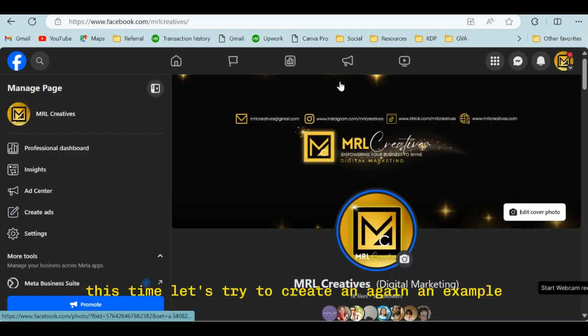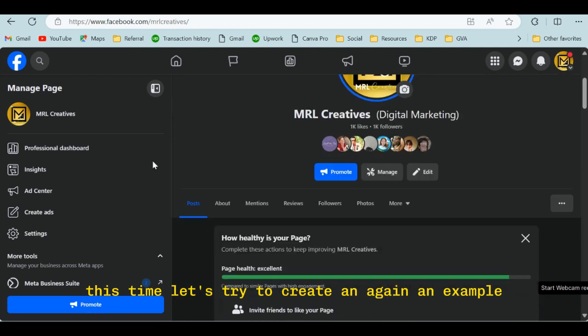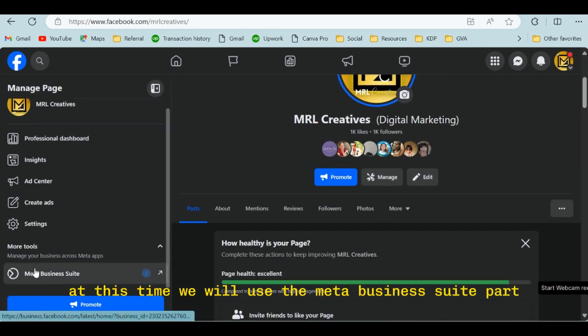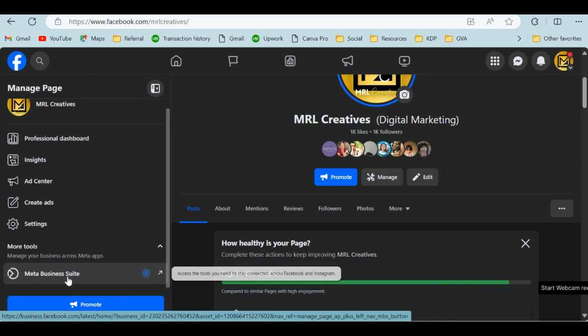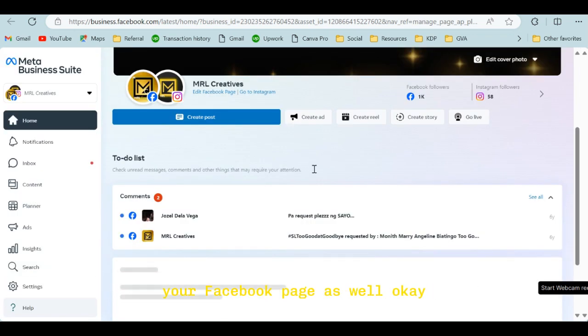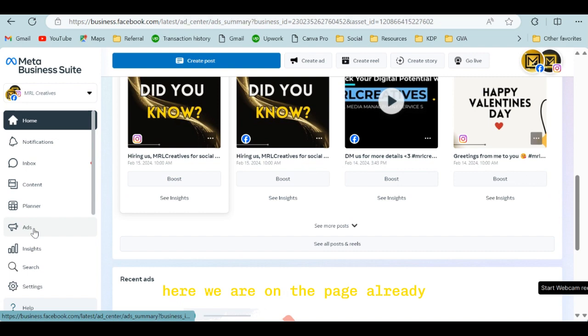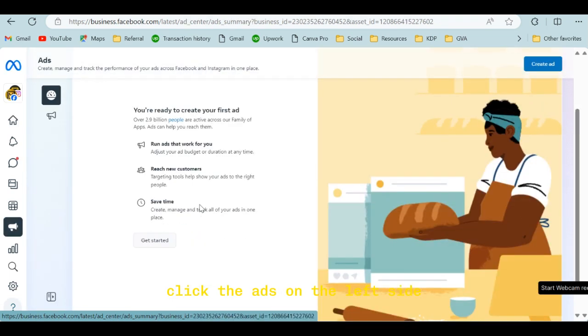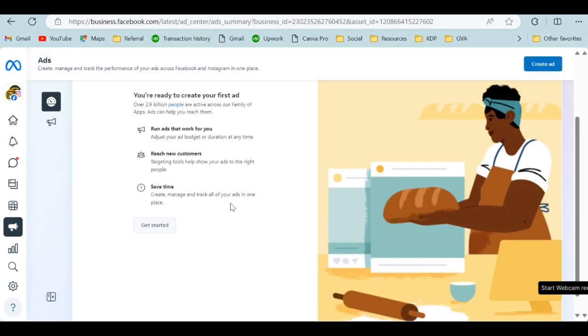This time, let's try to create another example. At this time, we will use the Meta Business Suite. You can see the Meta Business Suite on the left side of your Facebook page as well. Okay, here we are on the page already. Click Ads on the left side and then